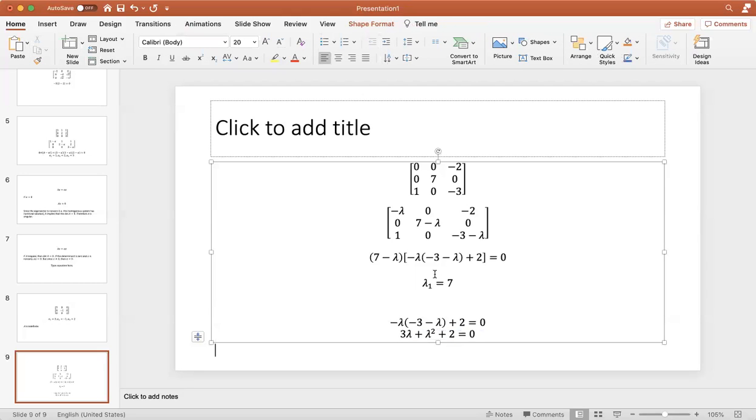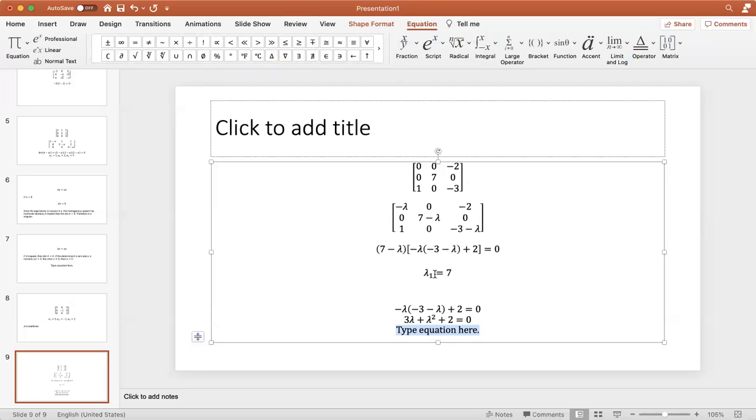So let me rearrange the terms. This becomes lambda squared plus 3 lambda,